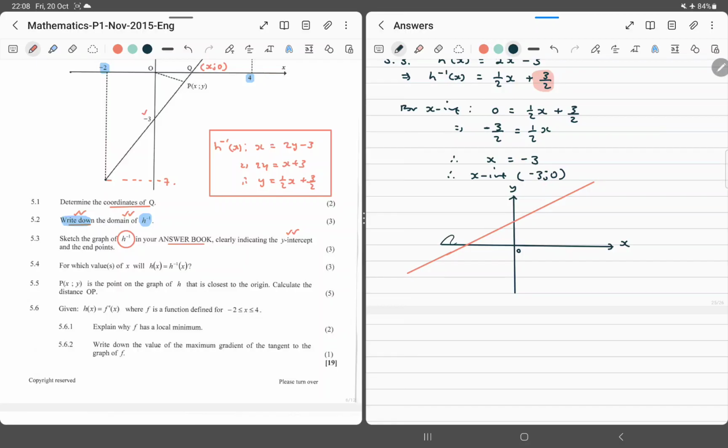But now, remember there's some catch to this graph. There's a catch here. So it says here we have to indicate also the endpoints. So what would be the endpoints? That is the domain. So the domain, we have to know that that was at minus 7, right? And that other endpoint, we can just cut it here and see that that was 5. We got 5 here. Great, so let's take it down